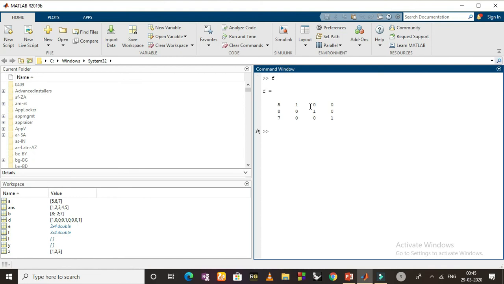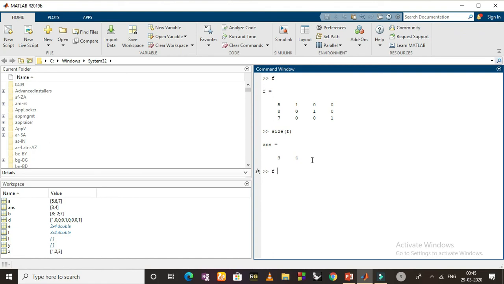Here you can see I want to know the size of this matrix. So simply I would write size of F and then enter. It has 3 rows and 4 columns. So how do we use the colon notation to find the positions of multiple elements? First of all, we have to write which matrix we are using. We are using the F matrix, and now